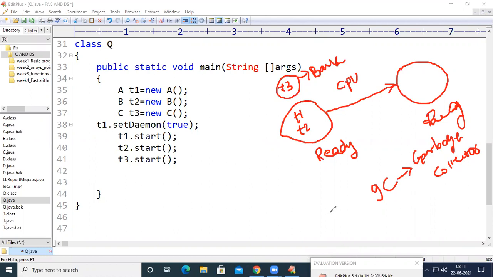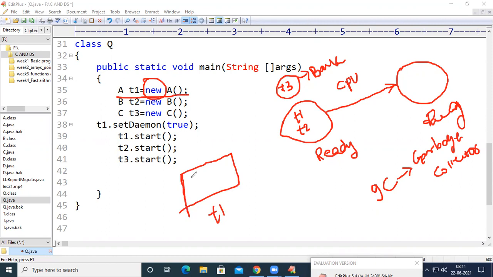So what this background thread, the garbage collector, will do is this: whenever we say A T1 equal to new A, whenever the JVM encounters this new keyword, it is going to create some space and name that space T1.